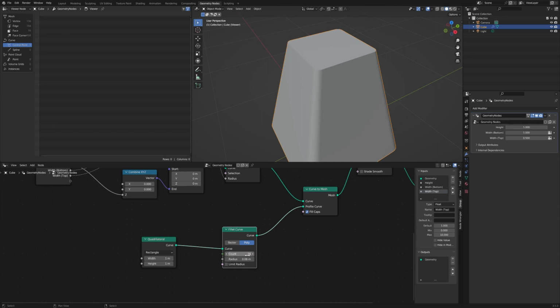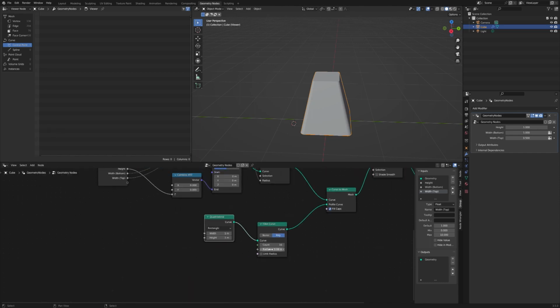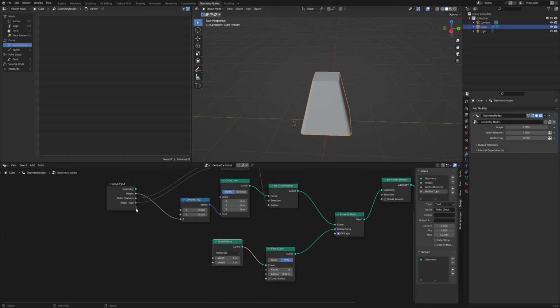So for now, let's just do 16, just so it gives us something that's smooth enough. And then the last thing we're going to do is also have our radius here driven by another group input. And you can keep pressing plus. The other thing you can also do is just drag something down there, and that will just take the default as whatever the property is that you've dragged it across to be. So our radius goes from 0 to, let's just do 1 for now,